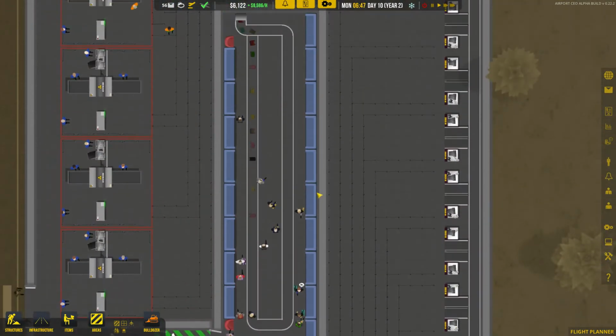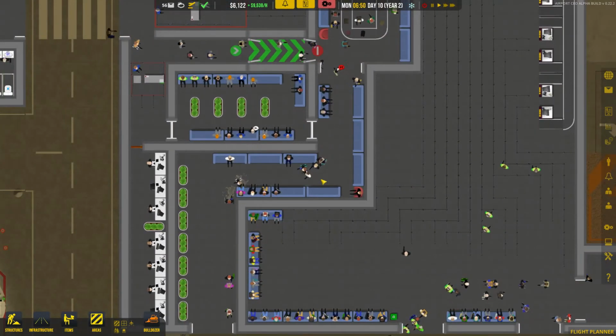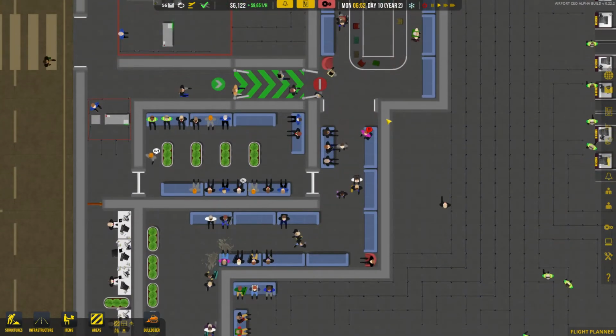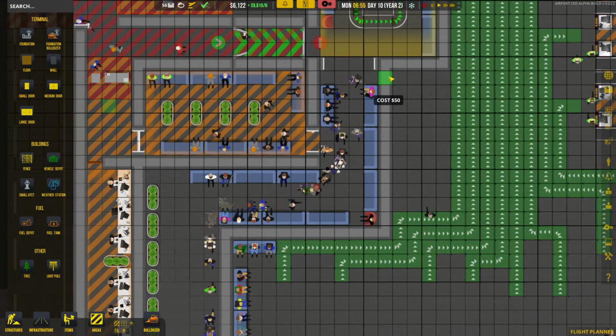They're ignoring my seating in here. Why are you ignoring my seating in here? There's perfectly good couches here. Come on, people. For Pete's sake. Maybe I do need to put a door right here for general use. See if that lets them...